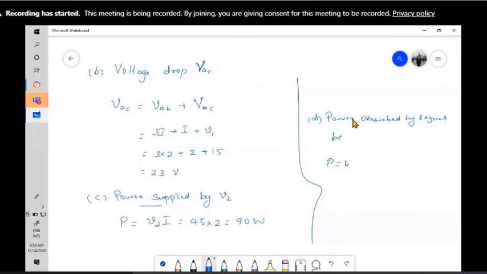So in this case, P is equal to V5 into I plus V1 into I. So this will be 2 into 2 plus 15, which is given in the question. 2 we have determined. We get 34 watt. You can calculate; I am not spending time on the calculation part. You can take care of that. I am just helping you to understand the concepts with the help of this example.